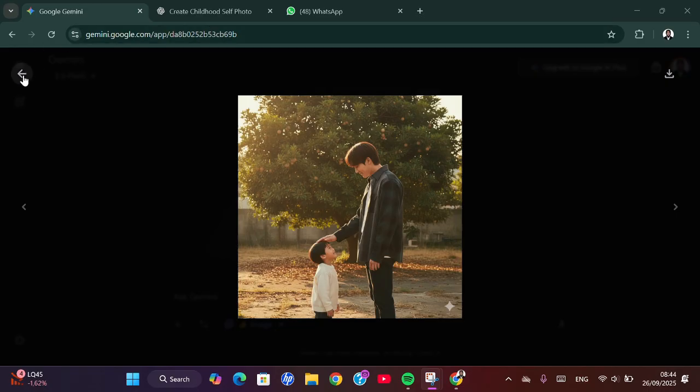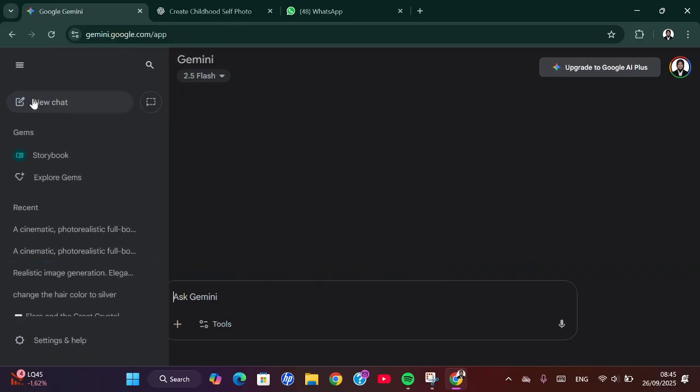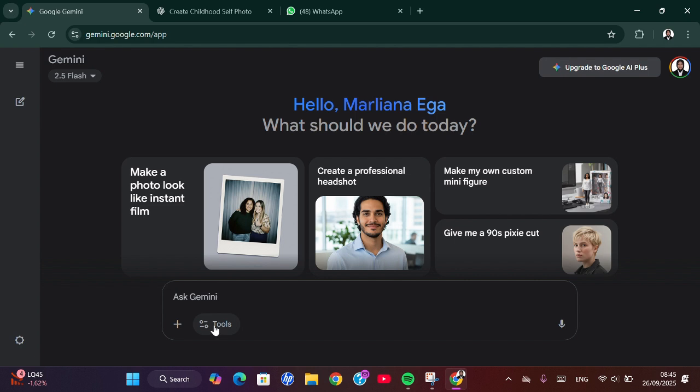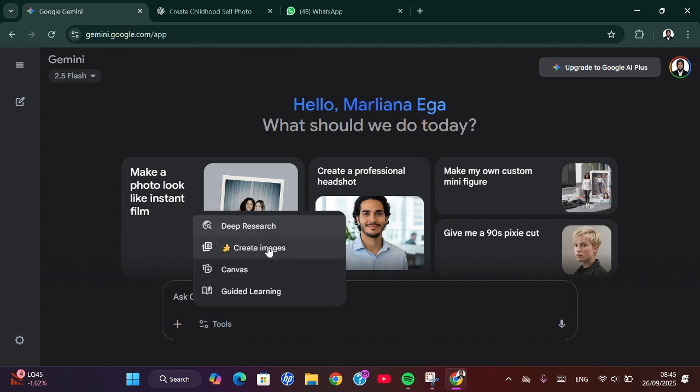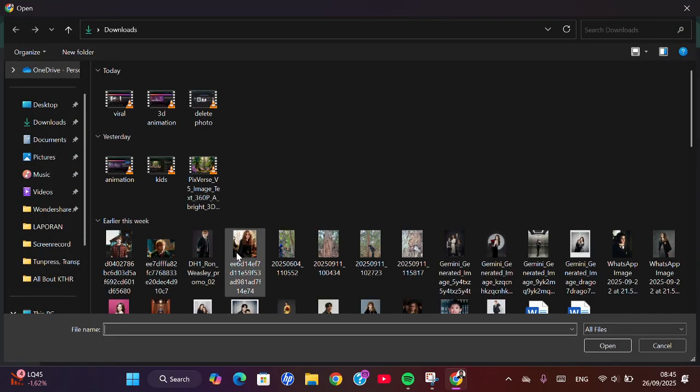First of all guys, you can open up Gemini. You can open the Gemini app or you can visit gemini.google.com. And then we're going to click on new chat, and then from the tools here you can choose a new opening feature. Okay, and make sure that here you choose Gemini 2.5 Flash, and then you can add your photo,